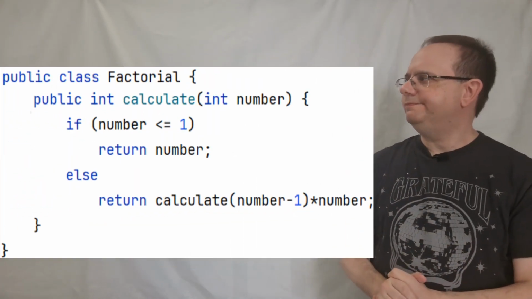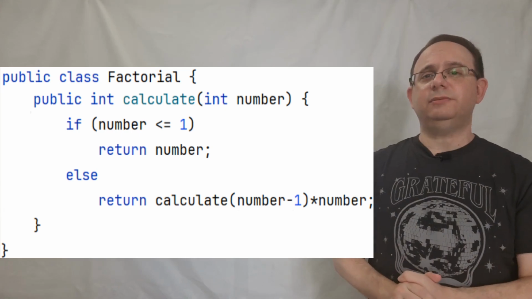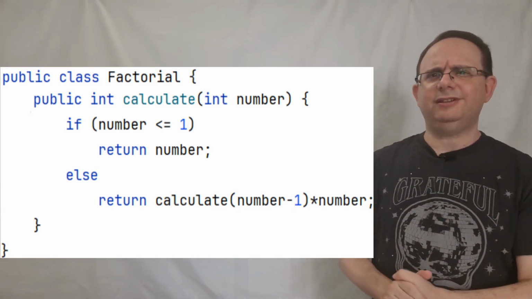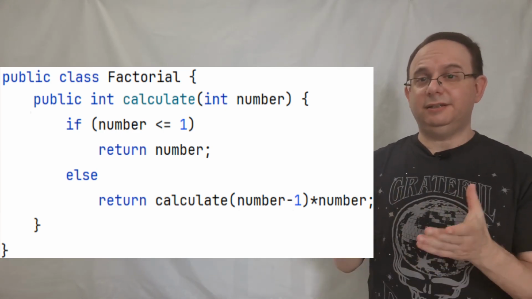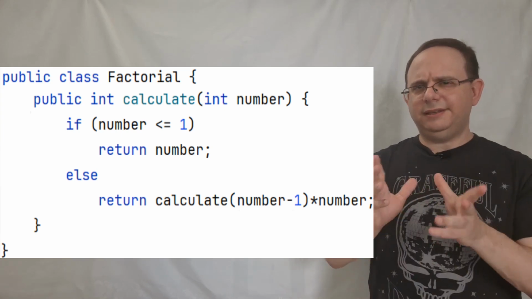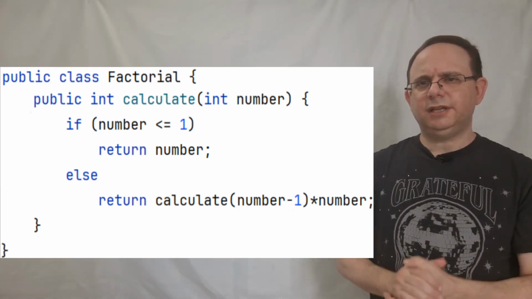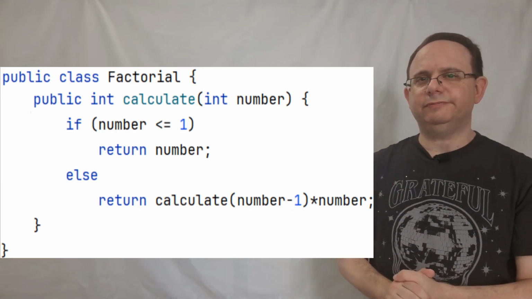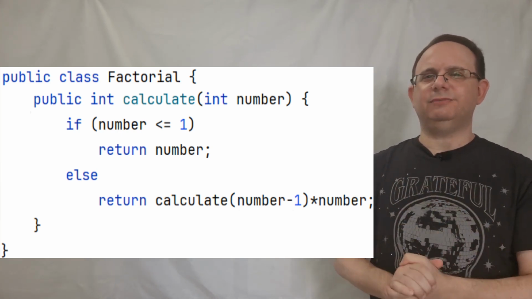Here's a bit of code. Do you consider this code simple? When I ask this question in my classes, people first identify the names and then understand how it works. It calculates factorials, and it does it by recursion. And then they start to think. It's only a couple of lines of code. It looks simple enough, but then they start thinking about the recursion. And recursion is not simple, even if it looks simple.